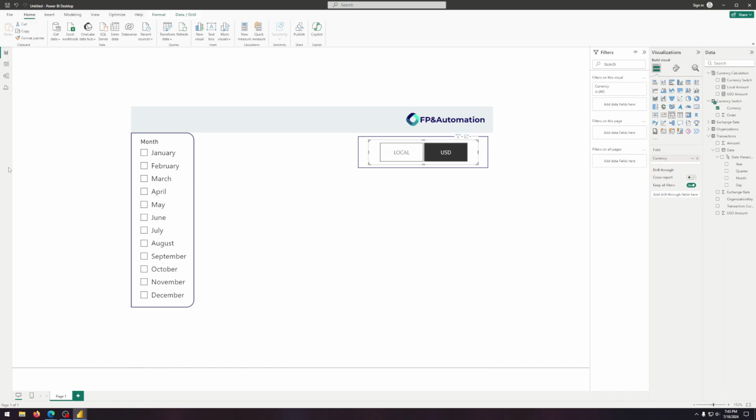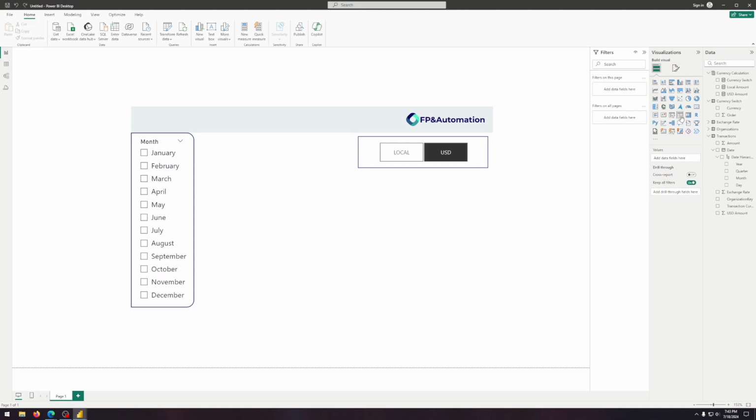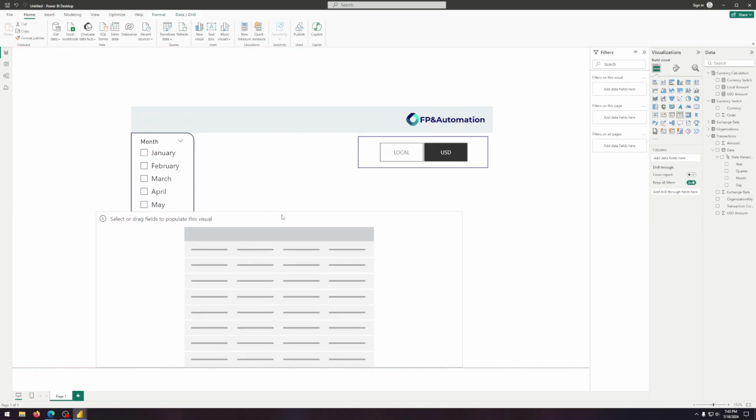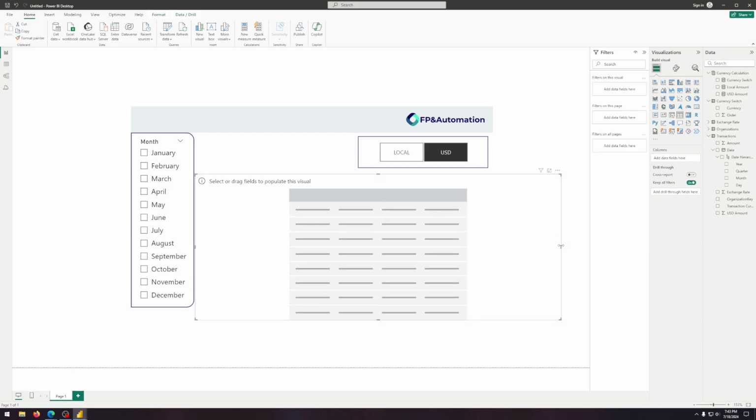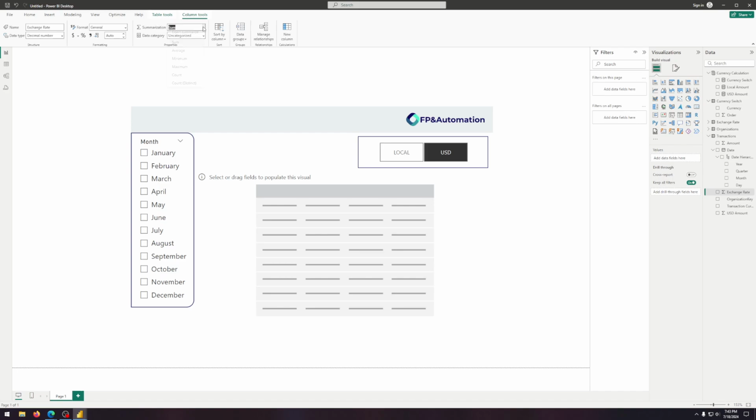And now what we need is our table visual. So we are going to click on table, click outside that, click on table, arrange it to align with it. And a few things we are going to do here is change the exchange rate from the sum to don't summarize, if we want a list of all the exchange rates instead of them being summed up. Also, we will do the same for